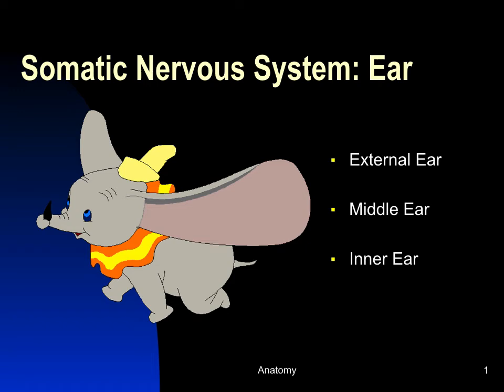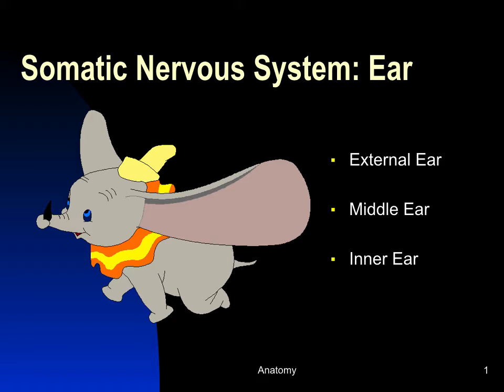Okay, so the somatic nervous system is a functional division of the nervous system, and it's things that the conscious brain can perceive, sensation, and then it's also processing and the motor activities that can be consciously controlled. And so in this section they cover the special senses, and one of those are the special senses that occur in the